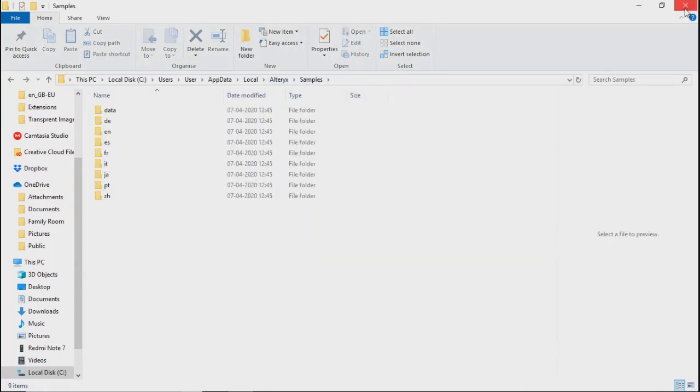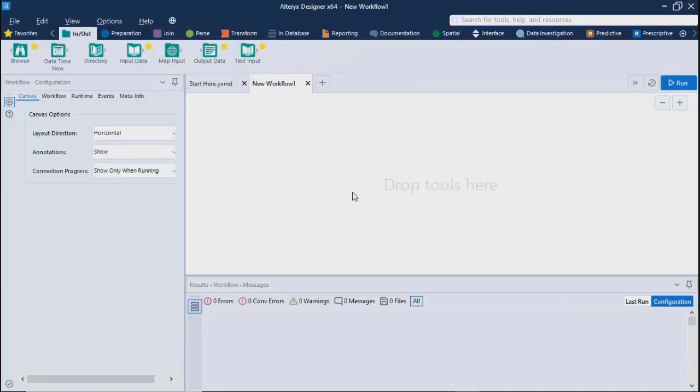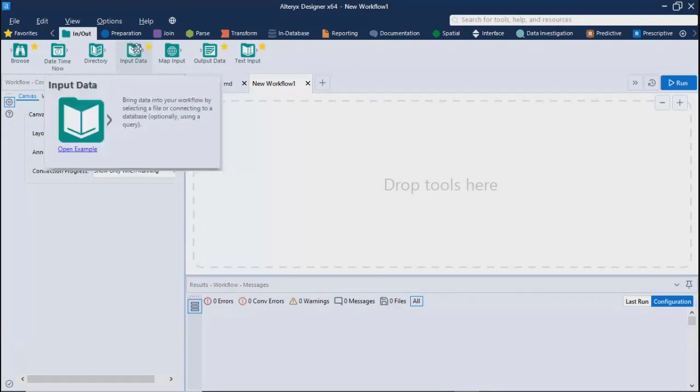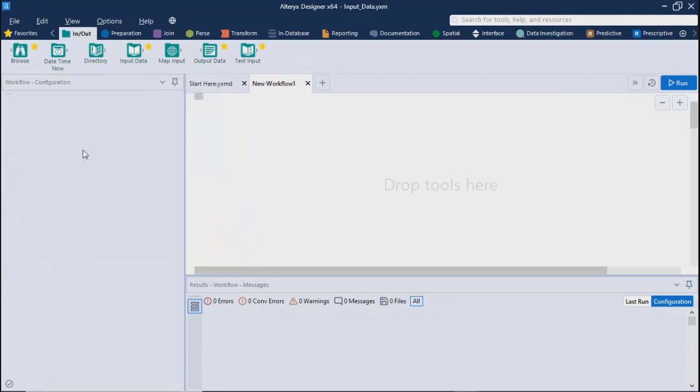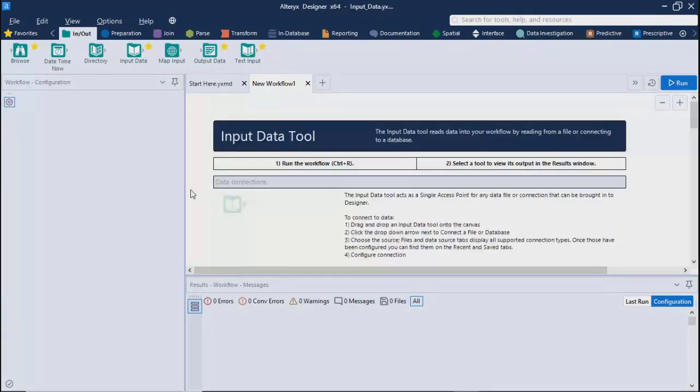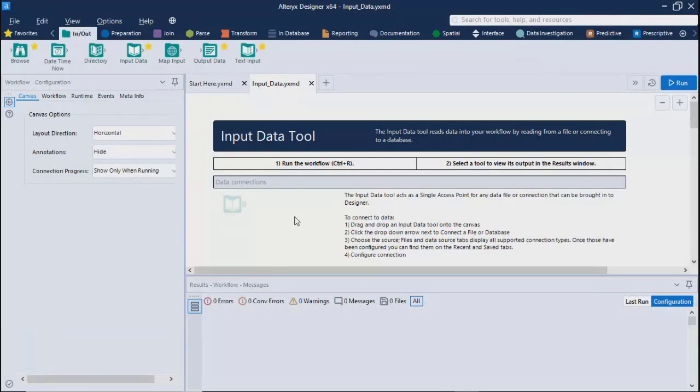Let me go to Alteryx. Whenever you drag or work on a particular tool, let's say this is your input data, if you right click on it, you get this card, and on this you have Open Example. If you open this example, it will open the files located in that particular folder we were looking at. It is not downloading this file from the web at this moment.